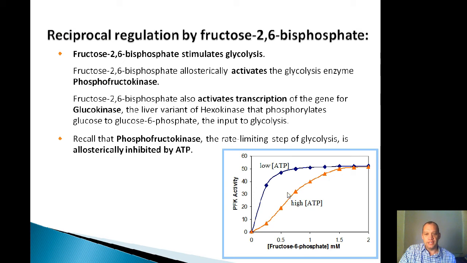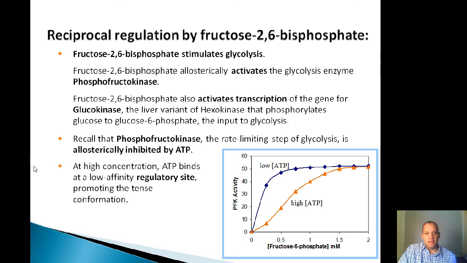But when you add ATP into this experiment, we will see that at high ATP concentrations, even though you keep increasing the substrate for the PFK, you actually get much lower activity than you would if ATP was not present, or if it was present at low levels. This happens because at high concentration ATP binds at a low affinity regulatory site of the PFK enzyme, and that